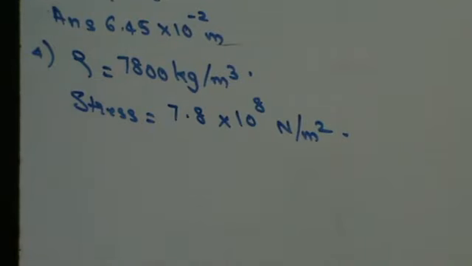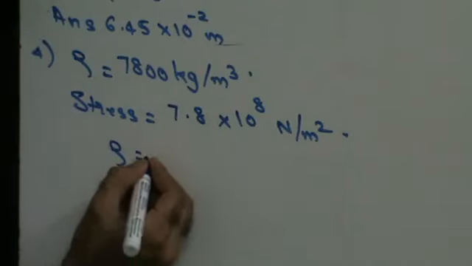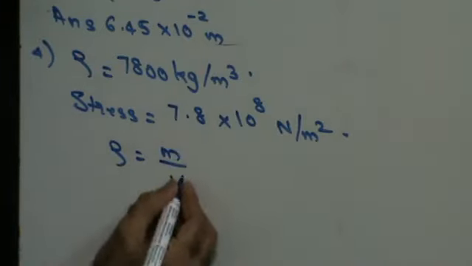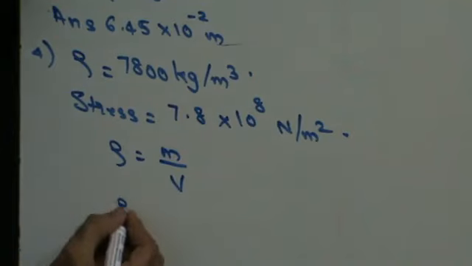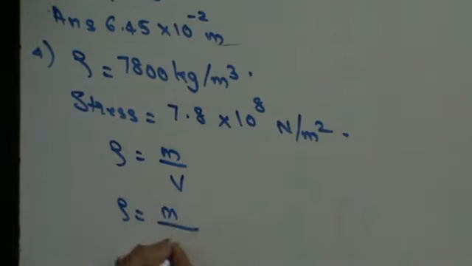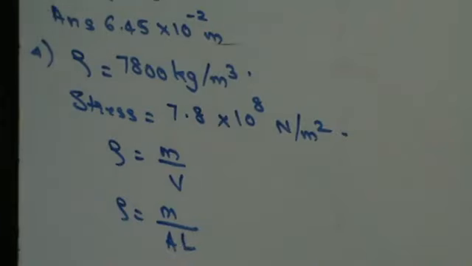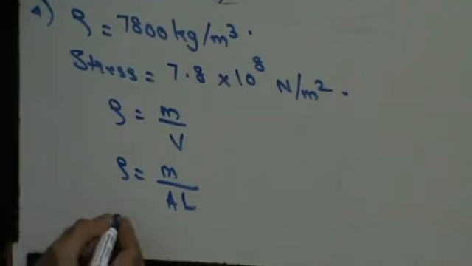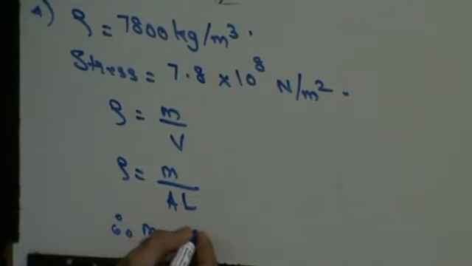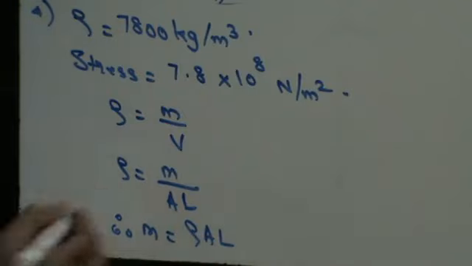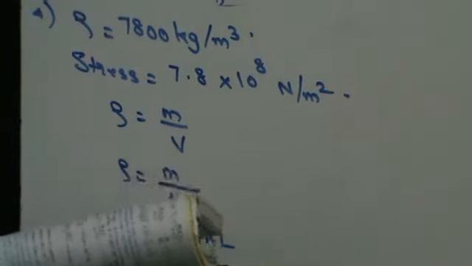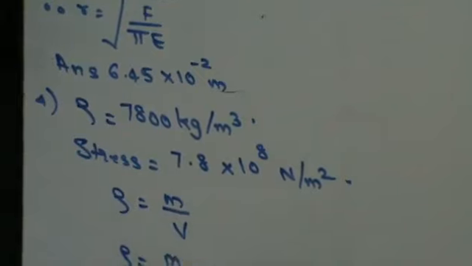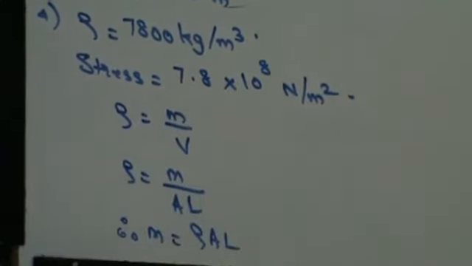Now guys, they've given you density. First of all, let's try to use density. Density is nothing but mass upon volume. Volume can be written as area into length, right? Therefore, I can say that mass is density into area into length. I can say that the mass is density into cross-sectional area into the length of the conductor or the length of the wire. Okay, once you have this, then let's try to find out